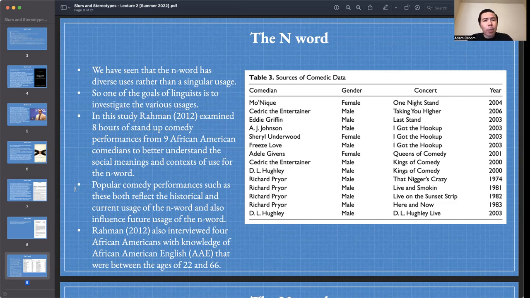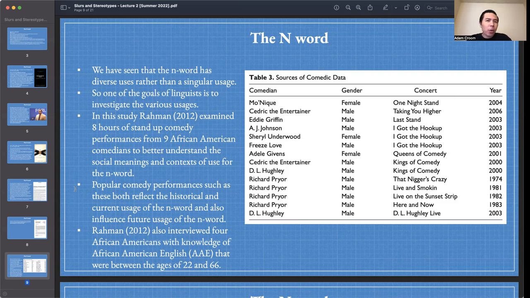So you might ask, why are we looking at stand-up comedy? Well, one reason is that stand-up comedy provides a nice opportunity to discuss taboo or otherwise undiscussable topics, like race, ethnicity, and bad words, which are hard to discuss in everyday situations. We need privileged spaces to discuss these without getting into arguments and fights. One of the safe spaces is the lecture hall or the classroom, like what we're doing. Another safe space is a comedy club, okay?